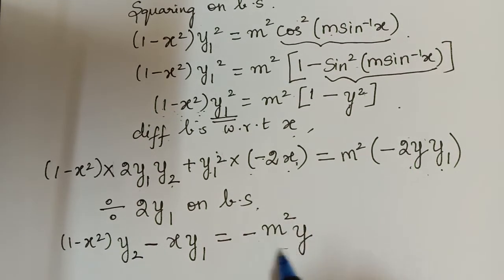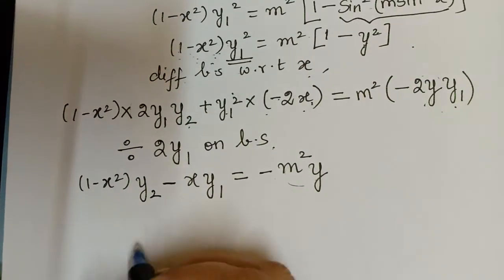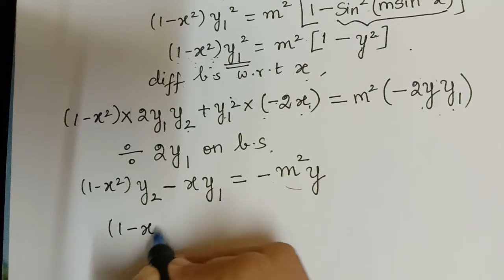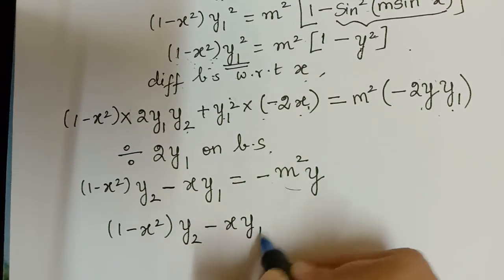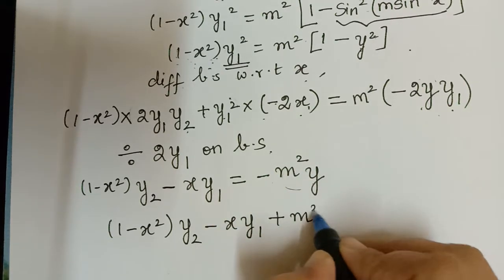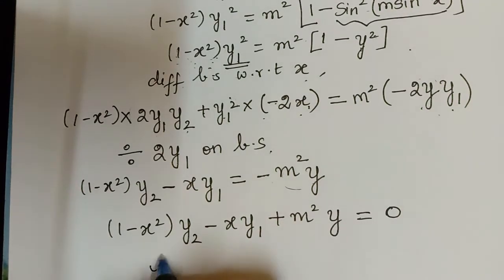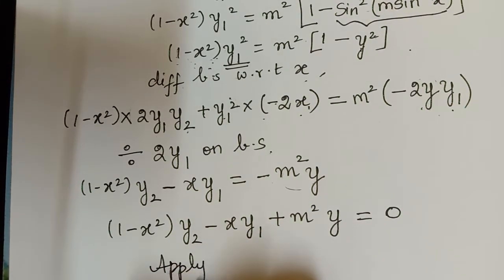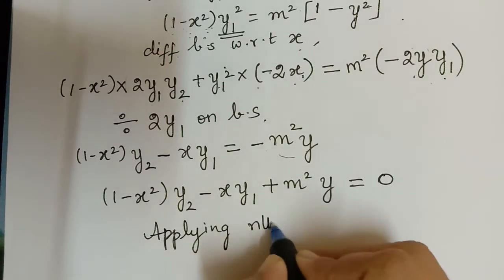Now let us take this minus m squared y to the left hand side, and so we will be having 1 minus x squared y2 minus xy1, and when this comes to the left hand side it will become plus m squared y equal to 0. Now we have to apply nth derivative on both the sides. So applying nth derivative